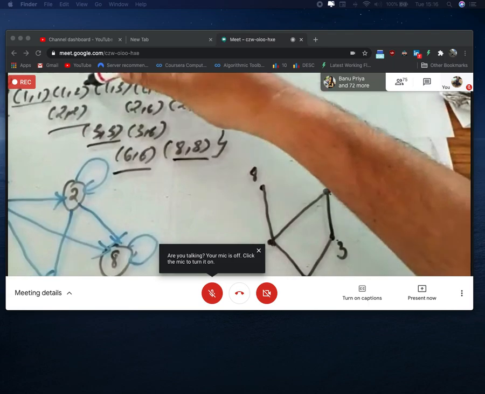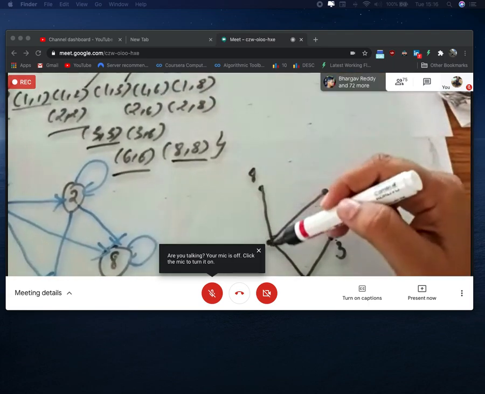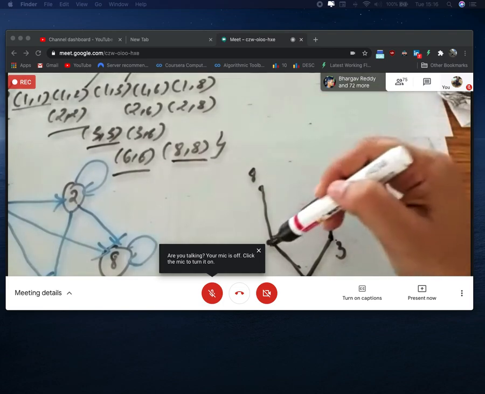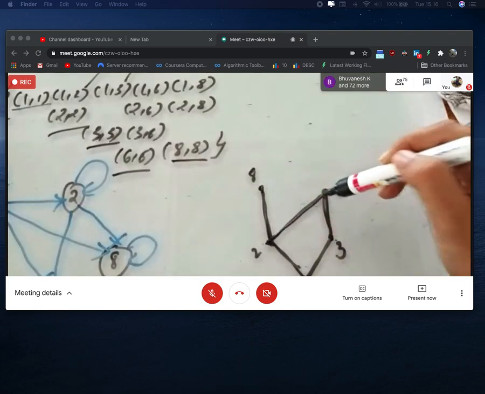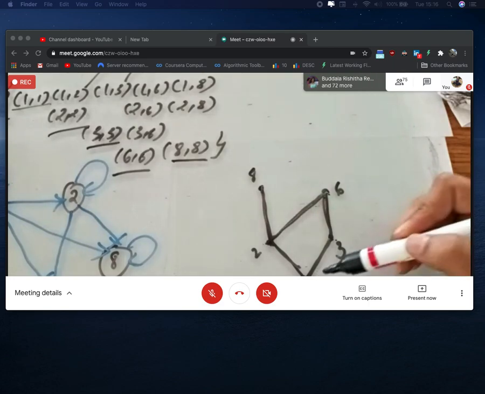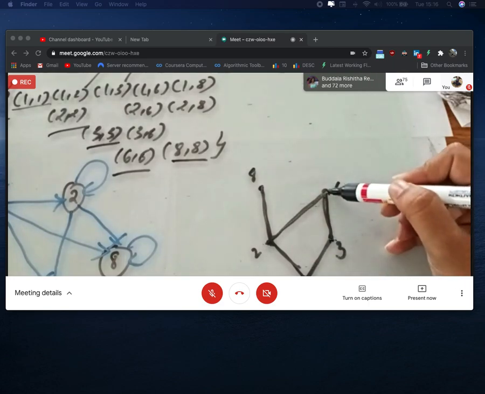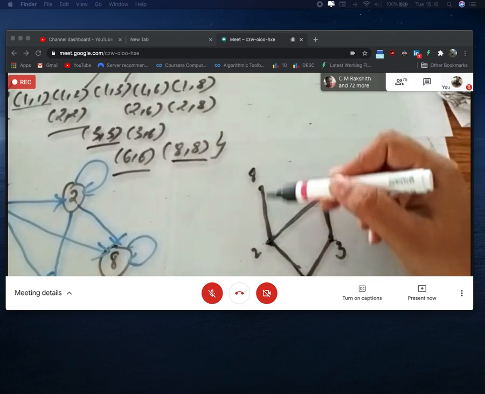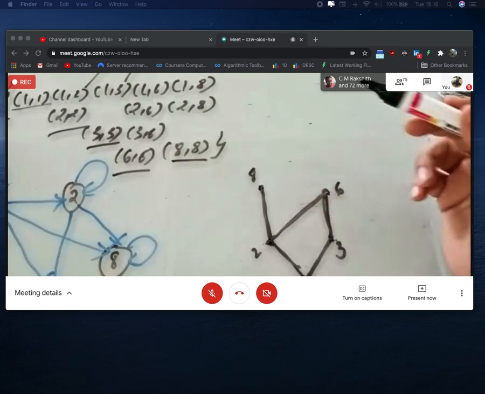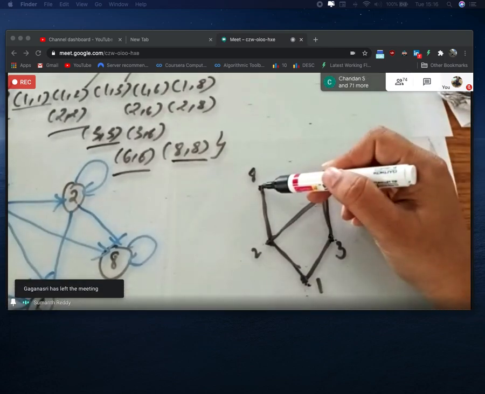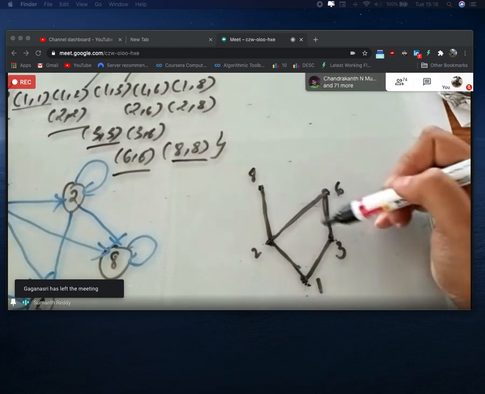So similarly for 1 comma 2, 1 comma 3, this line will represent 1 comma 2 and 1 comma 3, and 3 comma 6, 2 comma 8, 2 comma 6 is there. And I told you that the transitive relations need not be explicitly represented. I mean, if 1 comma 3 is there and 3 comma 6 is there, 1 comma 6 is also there. And if 1 comma 2 is there and 2 comma 8 is there, 1 comma 8 is also there. And you can clearly observe nowhere have I represented 3 comma 8. So there is no line between 3 and 8.